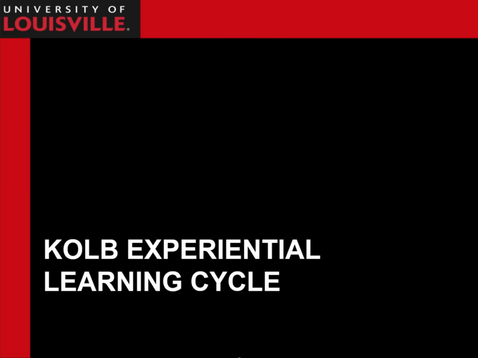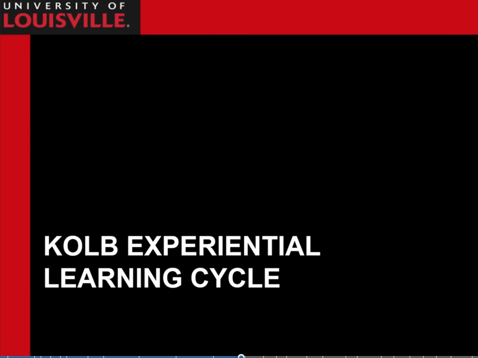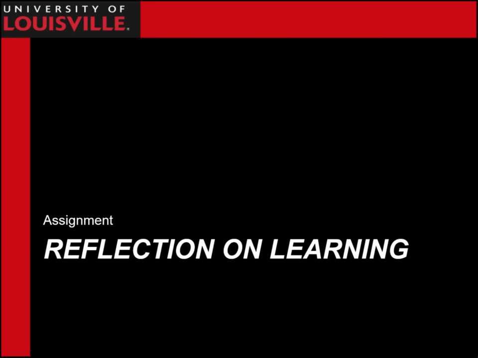At this point, you should be fairly comfortable with each of the 4 steps of the Kolb cycle. Obviously, I don't expect you to be an expert at this point, but you'll get lots of practice using it in this course and in the rest of the program. So now it's time to talk about the assignment. After completing the readings, the self-assessment, and going through this lecture and all the related activities, you'll use the Kolb experiential learning cycle to write a 1-page reflection essay about what you've learned.